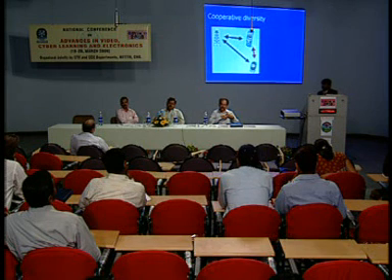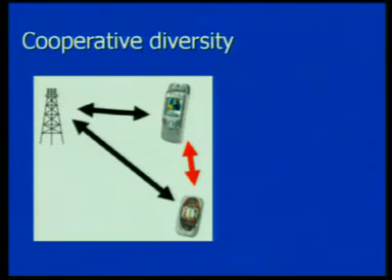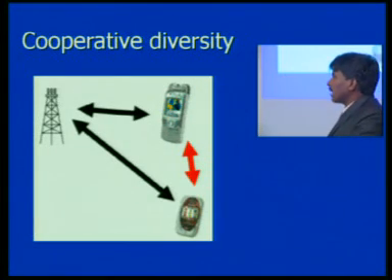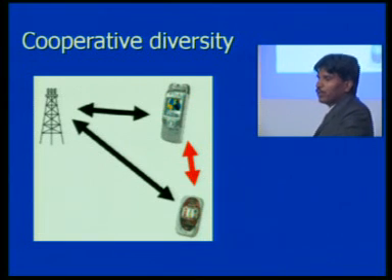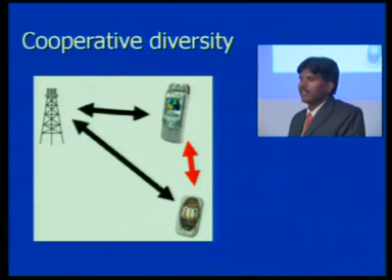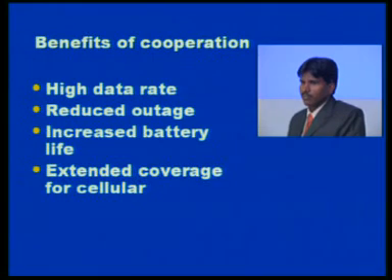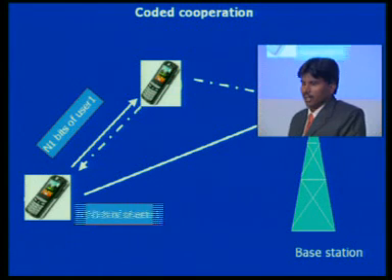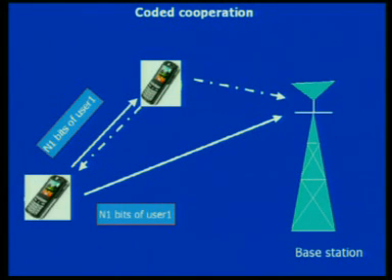What is cooperative diversity? Cooperative diversity means that by sharing the resources of other mobile users, we will be able to form transmit diversity, or a virtual antenna array, which will give the diversity. For relaying any information in cooperative diversity, we have